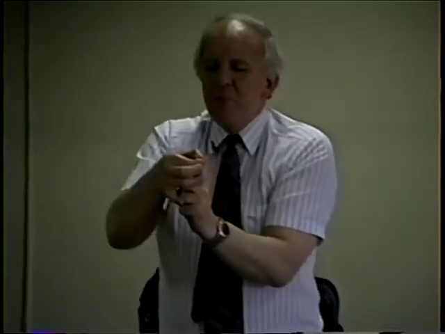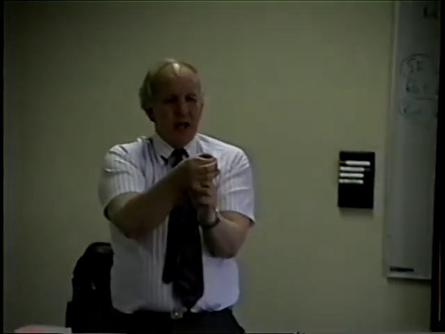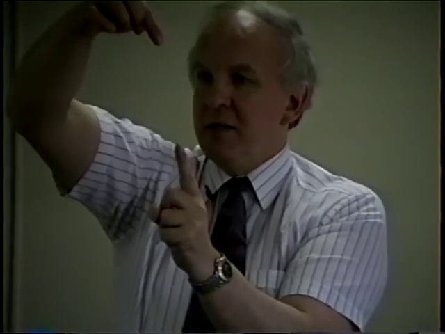Now then, here's a very interesting thing. If we take the dens like this, and we've got the atlas around here, the movement of extension is often described as being a slight movement upwards like this, up the backward-leaning dens. So we get that kind of movement. Now, if we get that rising movement on extension at the atlantoaxial joint, what happens to the clivus? Once again, it goes away from the dens. So here's the very